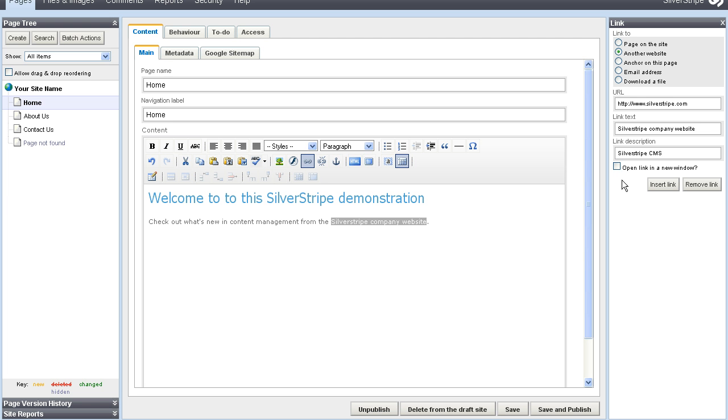So you'll end up being able to go back to your website easier. It might make people come back to it rather than go off to another link and then forget about it. So we'll click that option, open link into a new window. Next thing there is to click insert link,